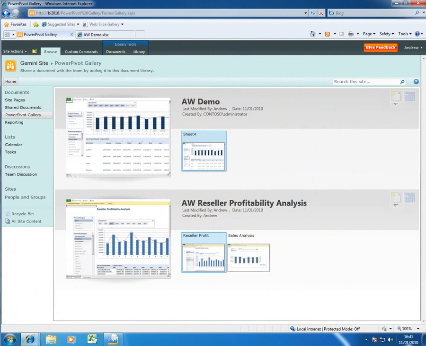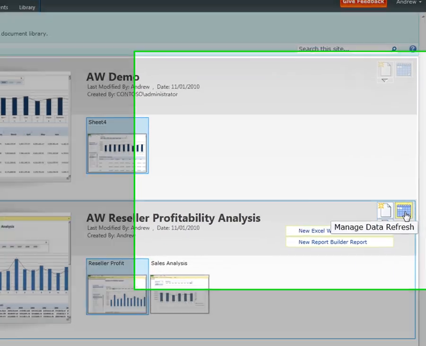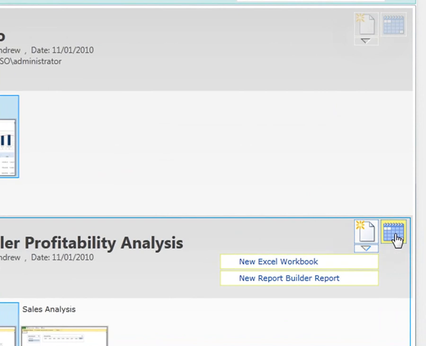In the last of my screencasts on PowerPivot, I want to show you some of the management capabilities of this new and exciting tool. I'm in SharePoint here, and as you can see, I've got two PowerPivots on the screen. What's less obvious is that over here we've got options to create a new workbook, a new PowerPivot if we wish to. We've also got this calendar control, and this is where we can manage how the data in the